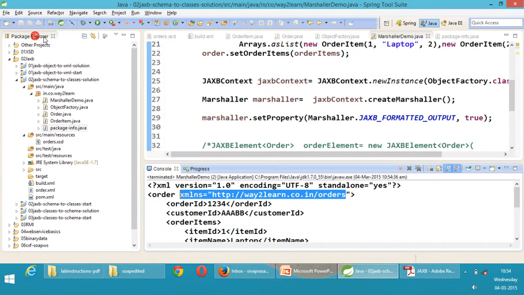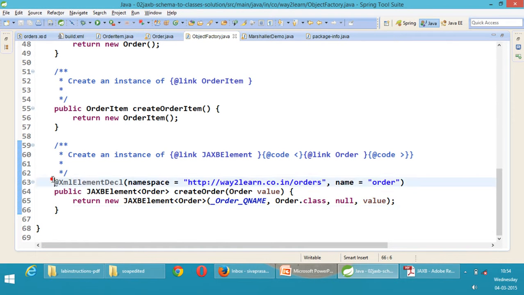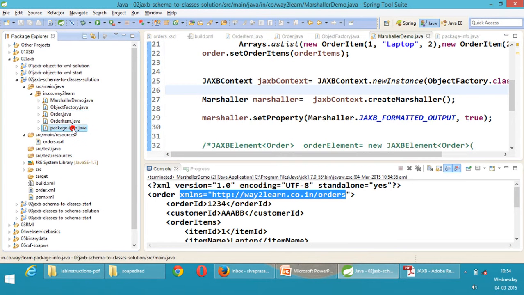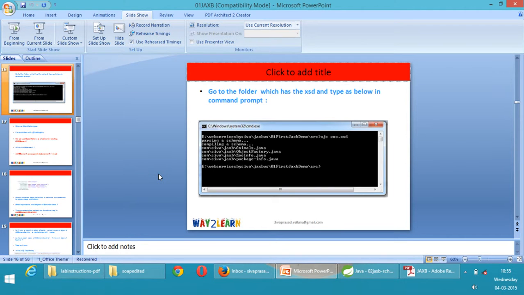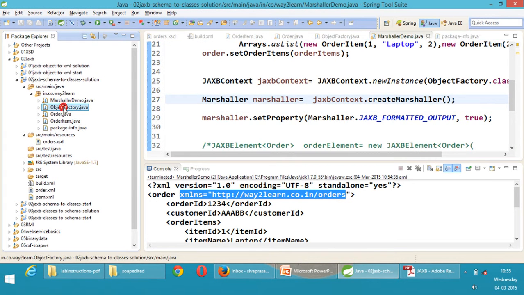So it's always better to use the factory methods present in ObjectFactory whenever you want a JAXB element in your code. So that is the use of ObjectFactory, which is generated by default, and also you understood about package-info. Hope this is clear. So let us move to the next thing. And one more thing before that,